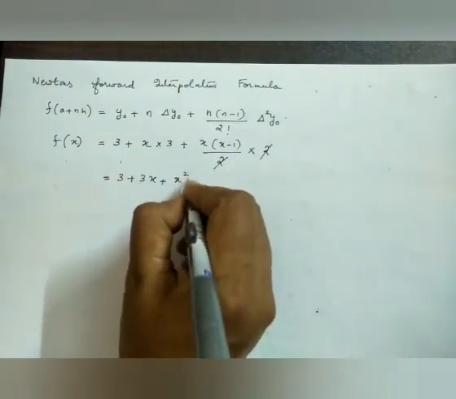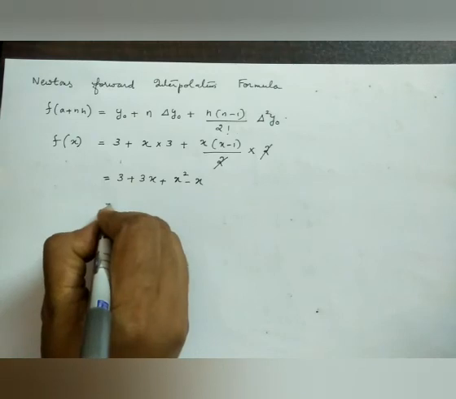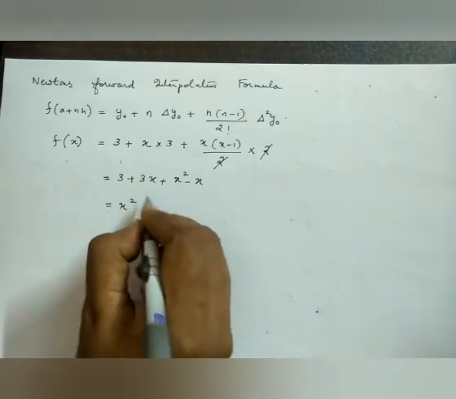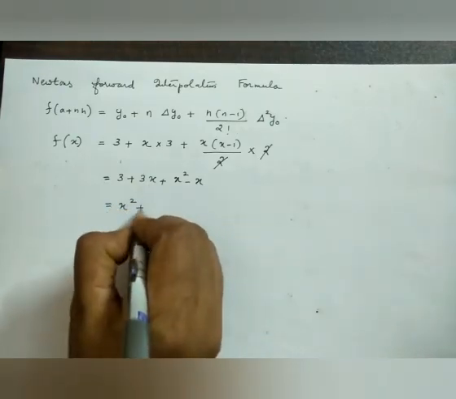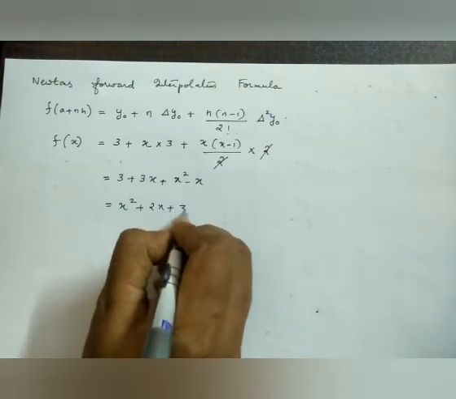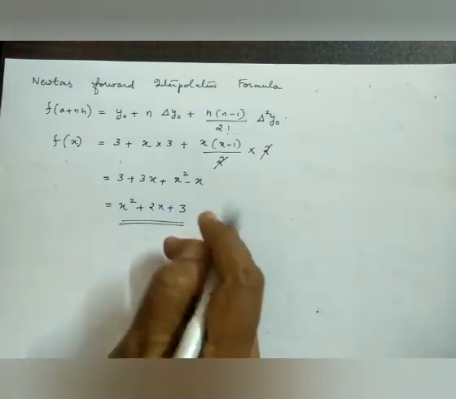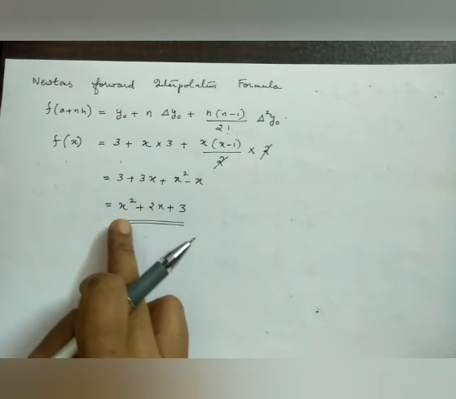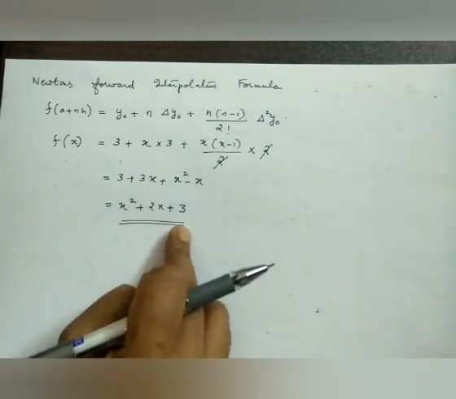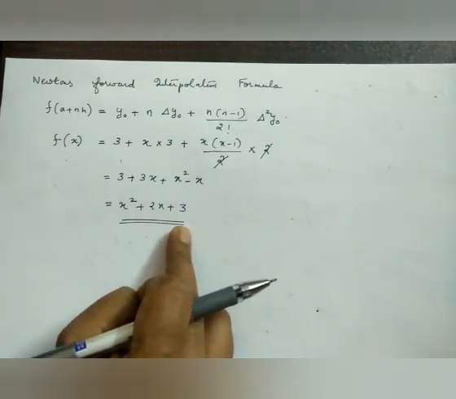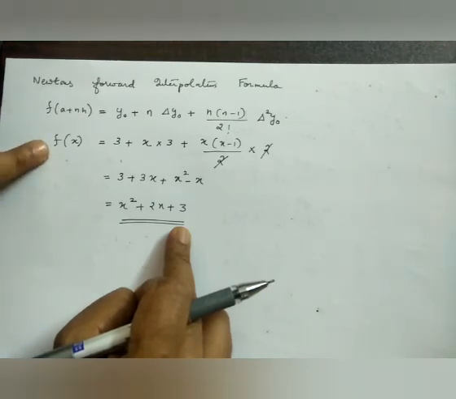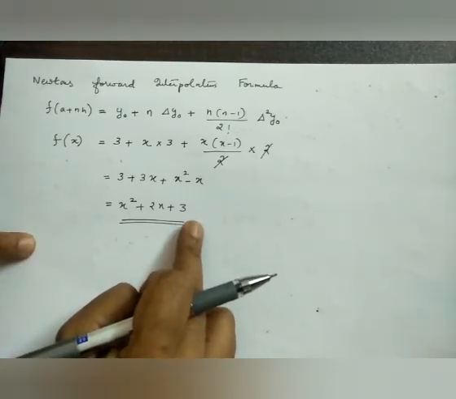We have x square minus x, which is equal to x square. 3x minus x is 2x plus 3. Therefore, the value of f of x is x square plus 2x plus 3. Here in the question, it is given to express y as a function of x. y means f of x as a function of x. This x square plus 2x plus